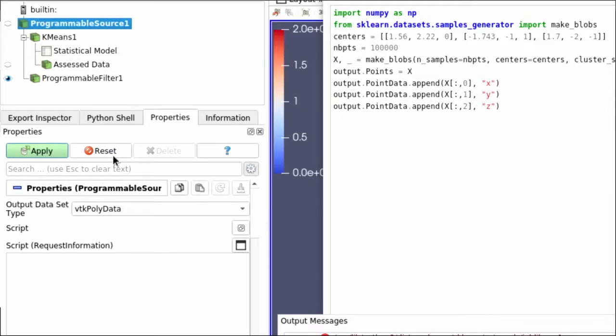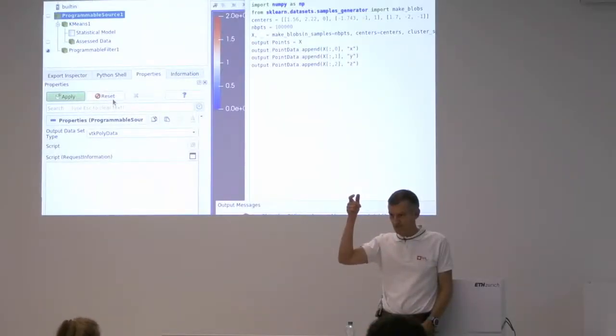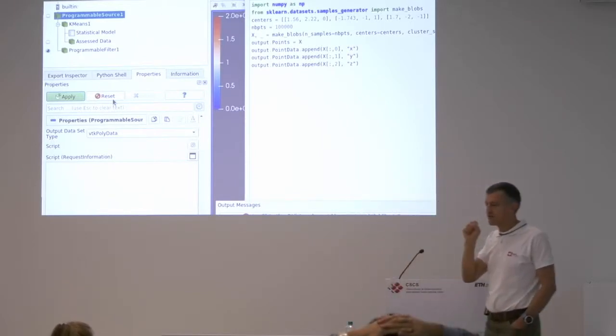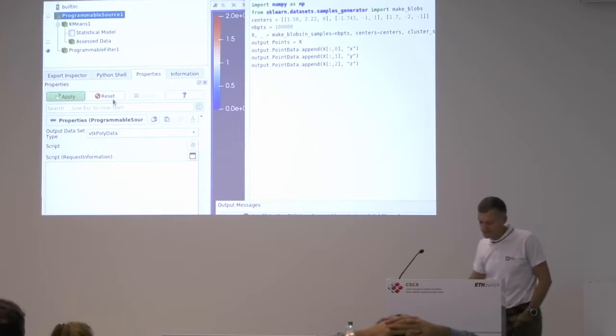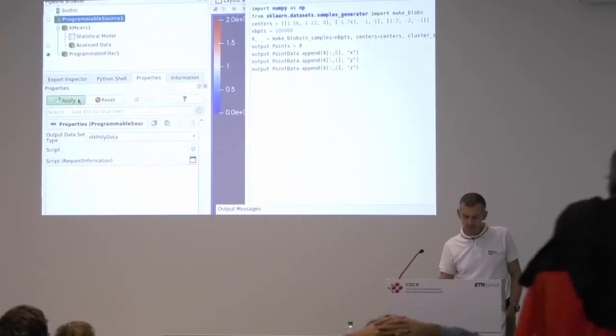And for example, if I'm loading the same type of scripts, and then I want the script which uses another data, different from this polyvertex. It means that when I'm loading this into ParaView, it will give an error because I'm loading the object which is not the default to ParaView. So here we have a programmable source, which by definition does not take any input as a source. And I like this question very much because then the second part of my pipeline,